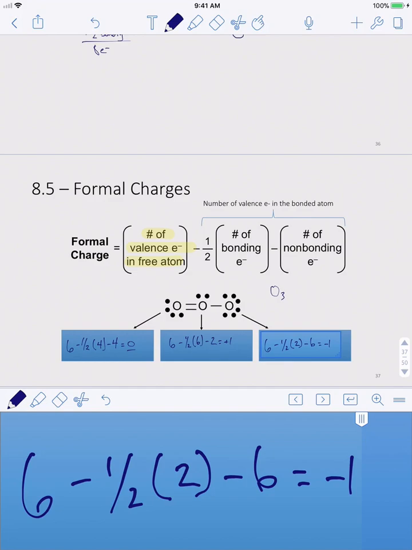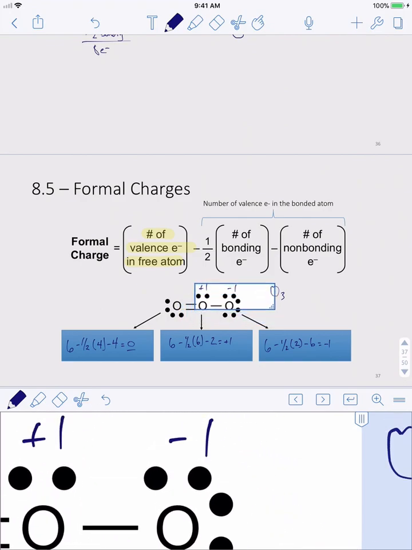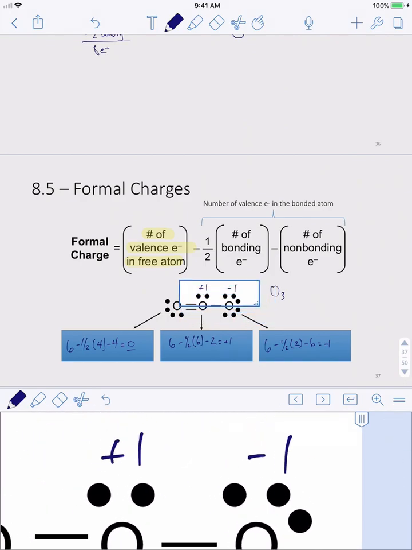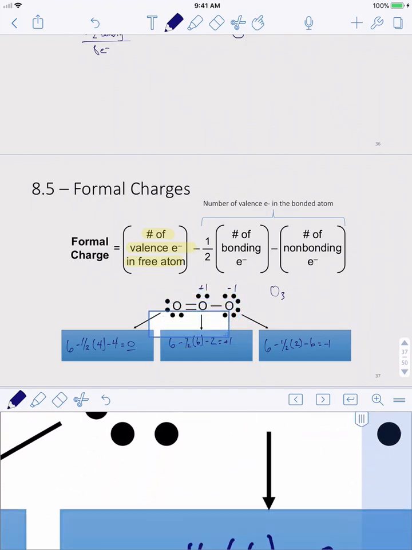So on this molecule, we have a +1 charge for the central atom and a -1 charge for the right-hand terminal oxygen. So the total charge for this molecule is a net 0 because we have a 0, a +1, and a -1. So the net charge is 0. But it tells us where there's higher electron density and lower electron density on our molecule. So now that we kind of understand how to do this,